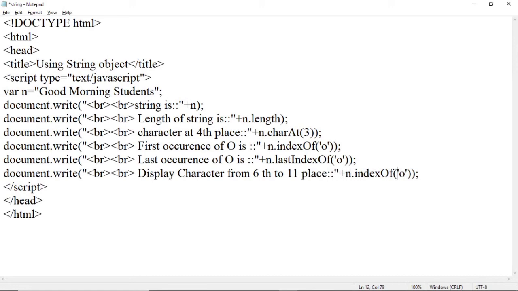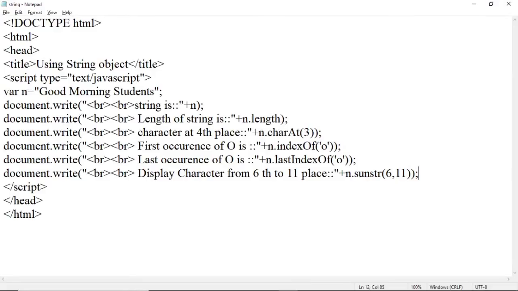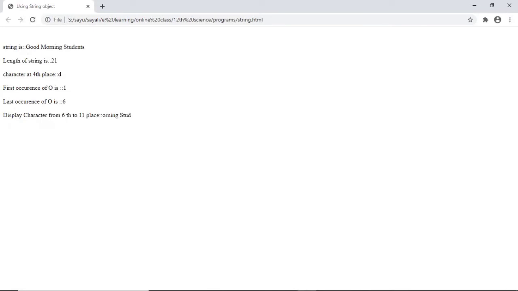For that we use n.substr in brackets, providing the values 6, comma 11. Now save this program and refresh the page. See, this string has been written.